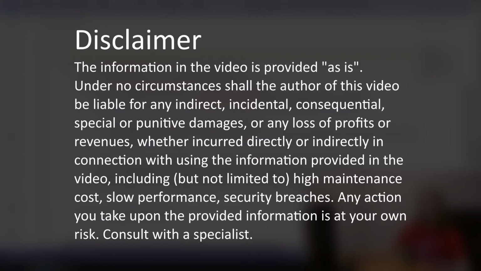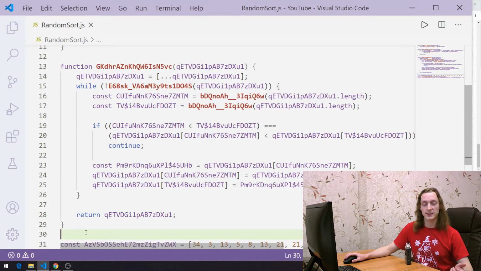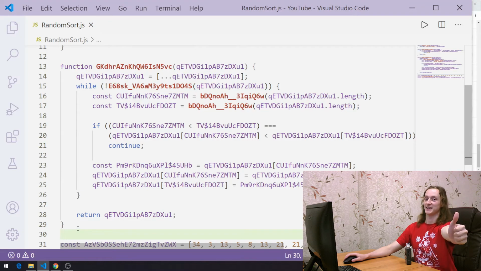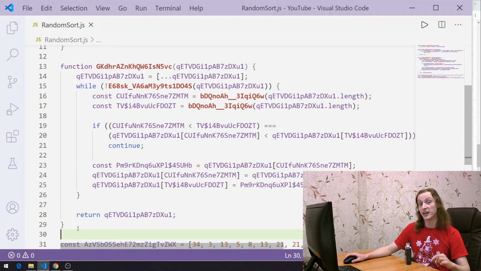Consult with a specialist. Because of the way the code was created, it has some properties which make it hard to read. We call this security through obscurity. It is also not susceptible to timing attacks because of just how unpredictable the timing of this sort method is. So you are free to use it in your production environment, and I will link to this code in the